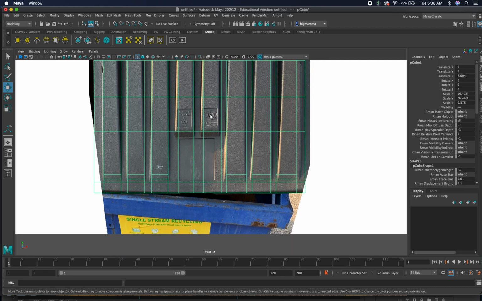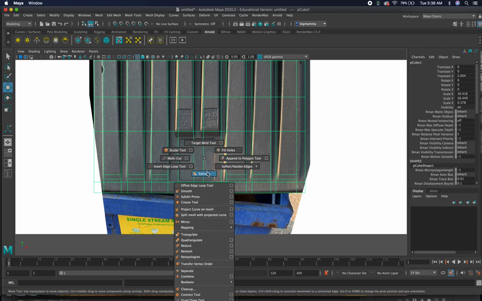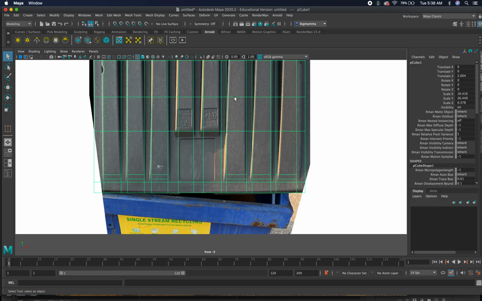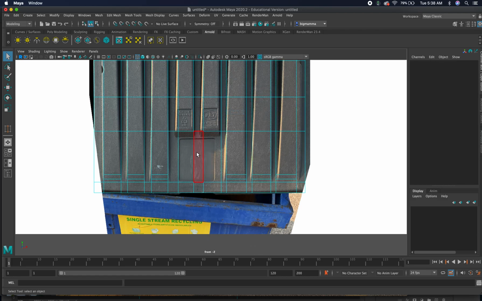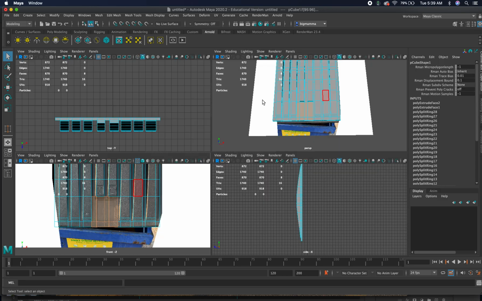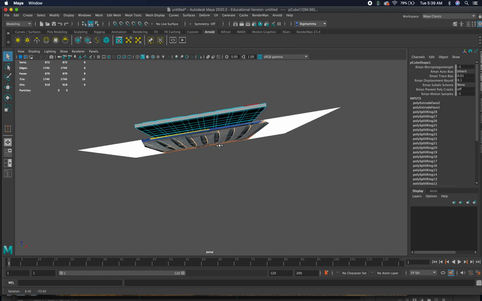This detail here can be done in Substance, and even the thing that I'm doing right now can probably be done in Substance, but I'm going to go ahead and add the geometry anyways. So I'm going to go to my face, just because we have it. Shift select these guys. Actually, shift select this whole kind of area,